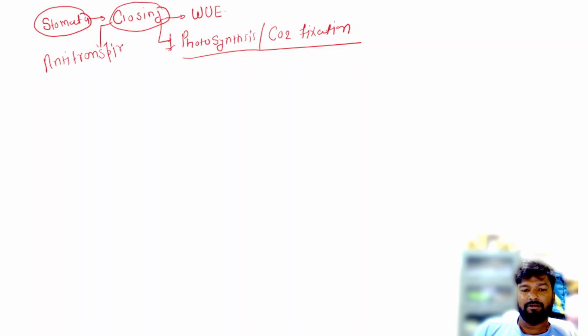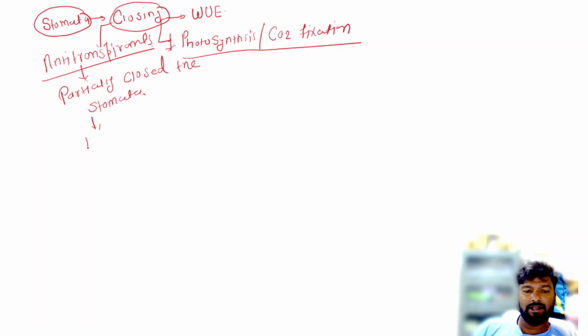So already in previous lectures we have discussed that there are different types of anti-transpirants which partially close the stomata to increase the water use efficiency and only somewhat affect the photosynthetic rate. Okay,